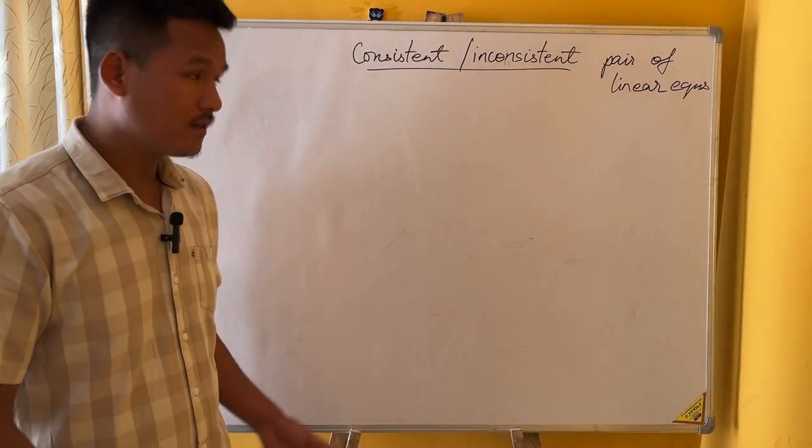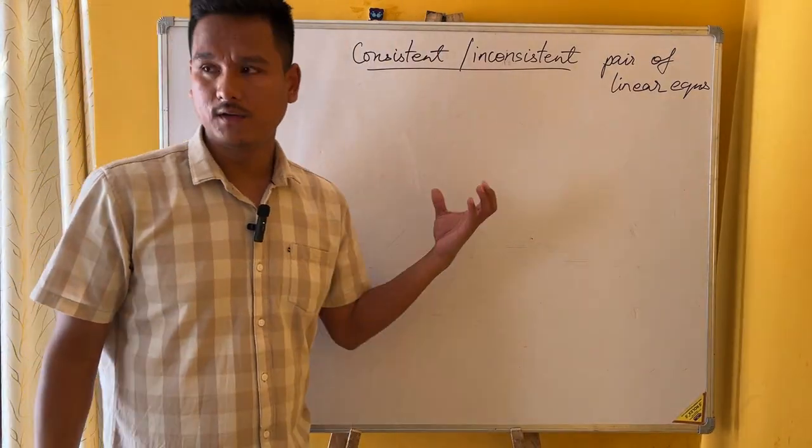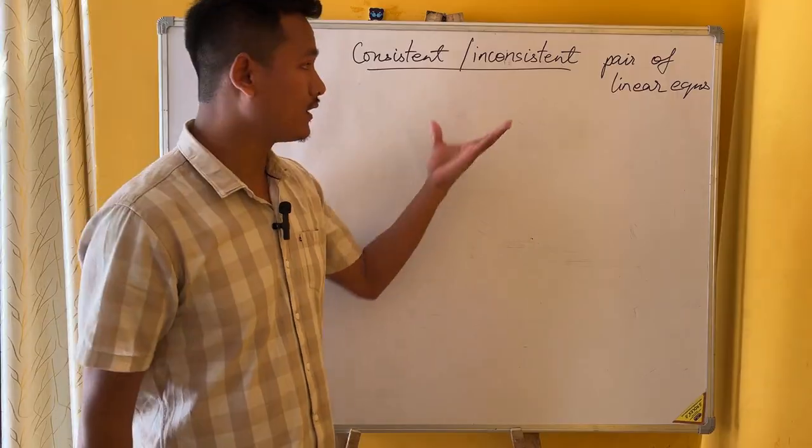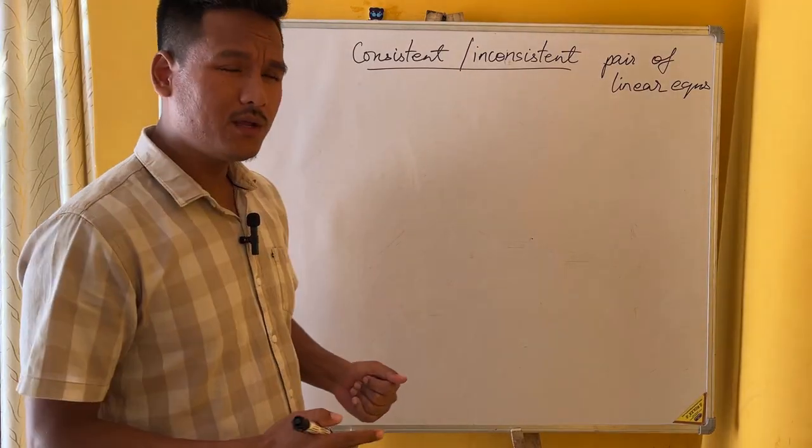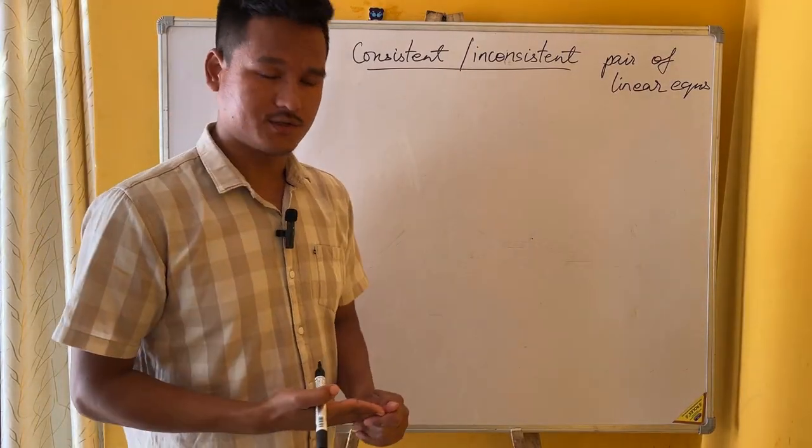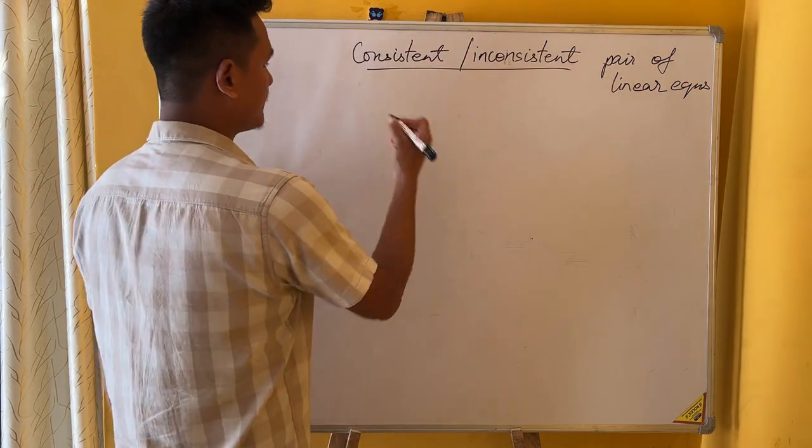So what does this mean? A pair of linear equations are consistent or inconsistent. When we have a pair of linear equations, let's say, for example,